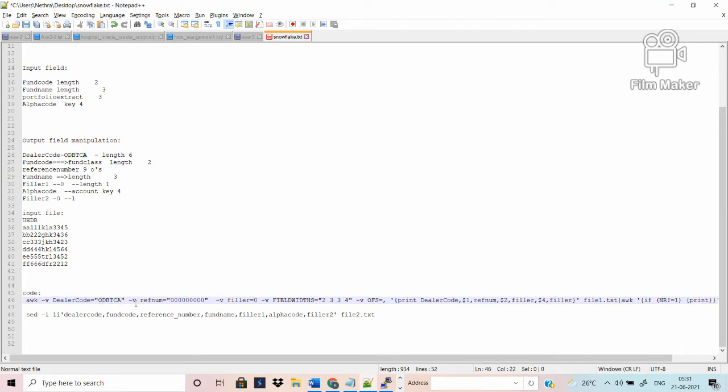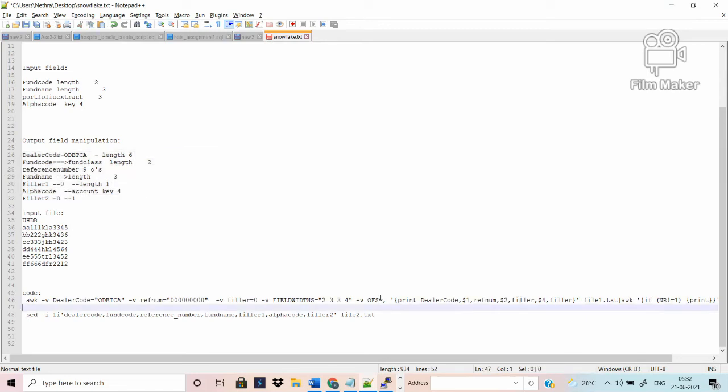Then the variable reference number, whatever reference number you want to add here. Then filler equal to 0 like that. Then field width is the input file field width. The 4 fields are coming in a 2 3 3 4 combination. For the additional field derivation, you have to manipulate here.